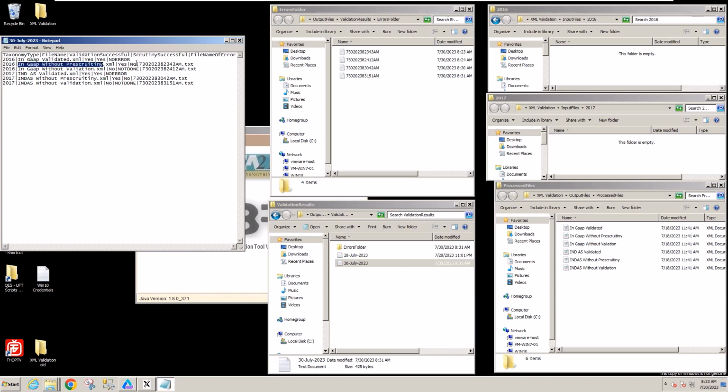without pre-scrutiny, so it has some error in pre-scrutiny, as we can see here. Validation successful, yes, but scrutiny, no, it was not successful. So this is the file where we have the error saved. Let's see what the error is. Okay, so it is 2343. This is the first file. Okay, if we